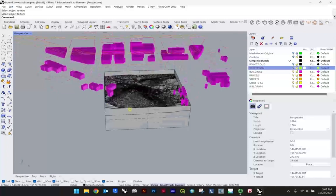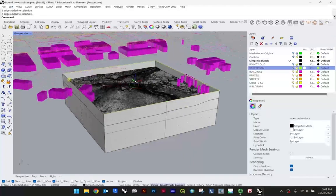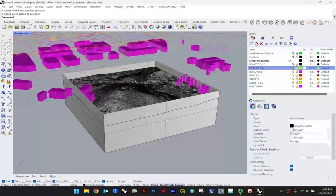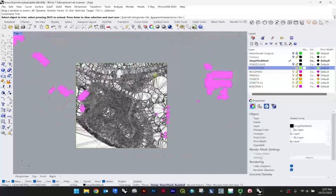Similarly, what you can do, if you no longer have your curve information from this box, you can hit Control-Shift and just choose these corners and dupe, not border, but dupe edge and join. So now you have that curve information here. So you could, as you move over to your top view, zoom select, start to trim out additional information, such